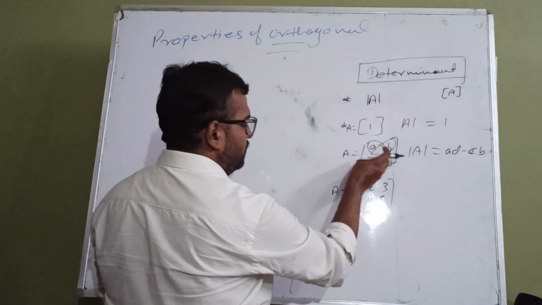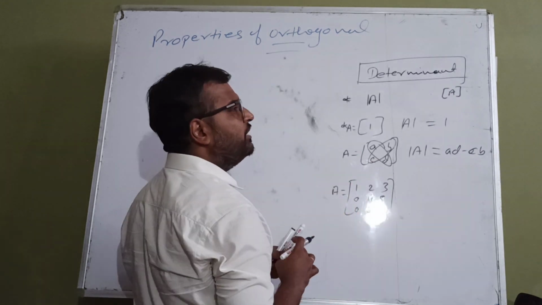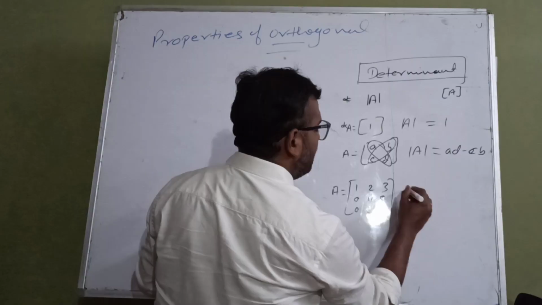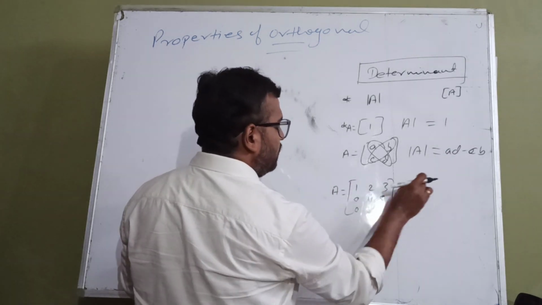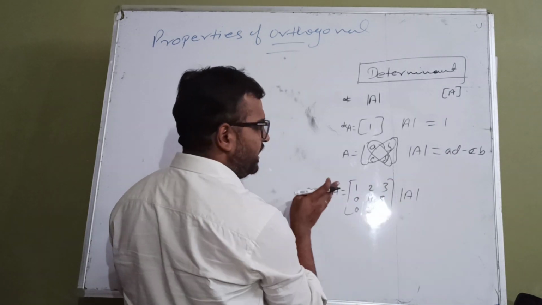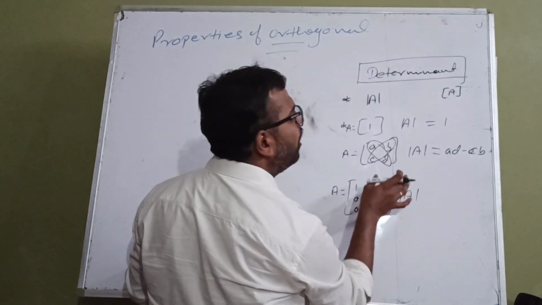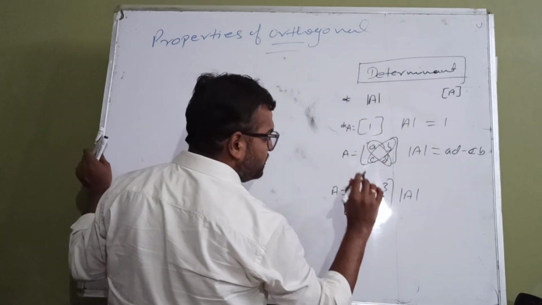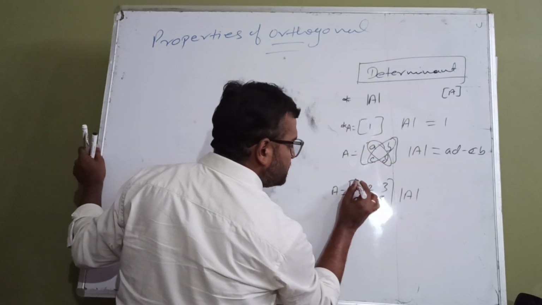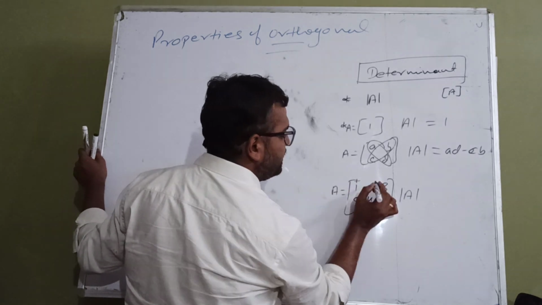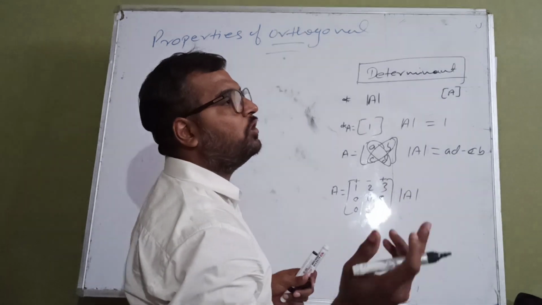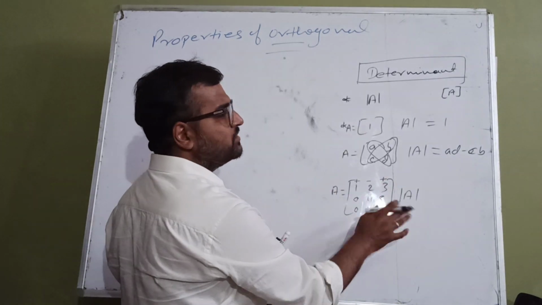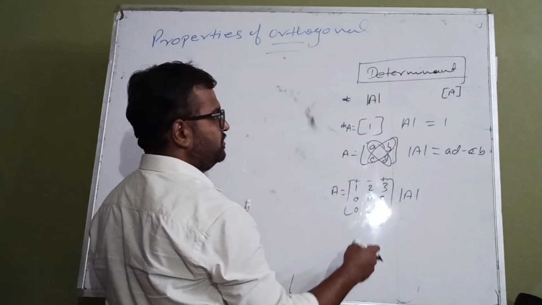Now the 3 by 3 order determinant, we are going to find the determinant value of this one. It can be expanded through any row or any column, but there is a certain criteria. The first element sign is taken as positive, the second negative, and the third positive. Alternate sign is there. Why this sign is there, we will discuss in detail when we discuss the chapter determinant.